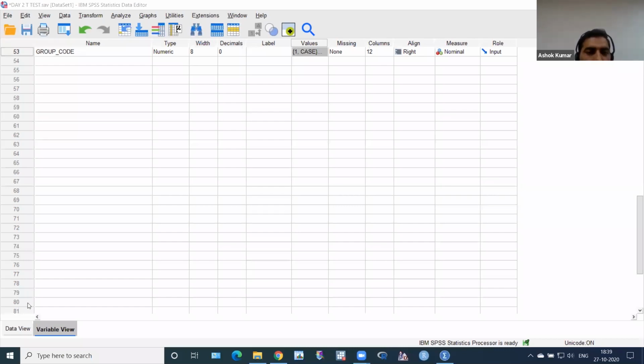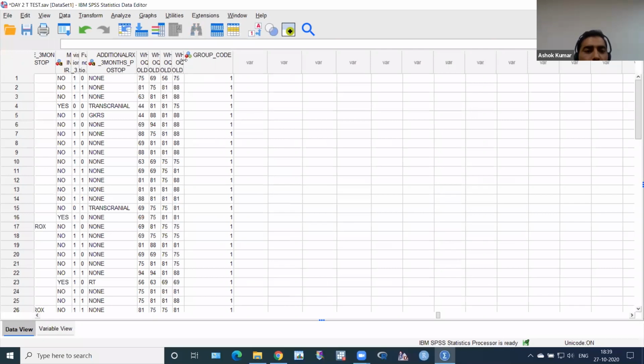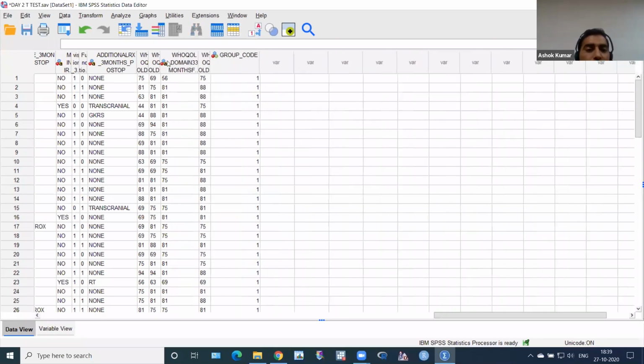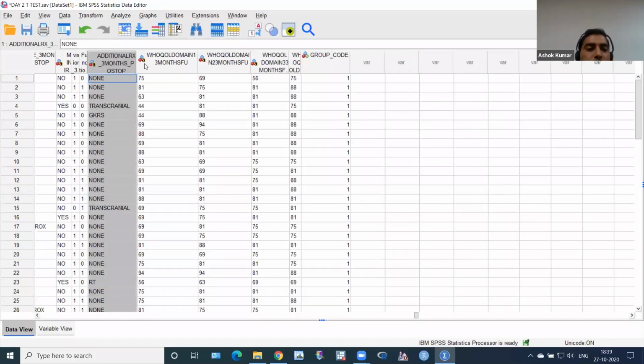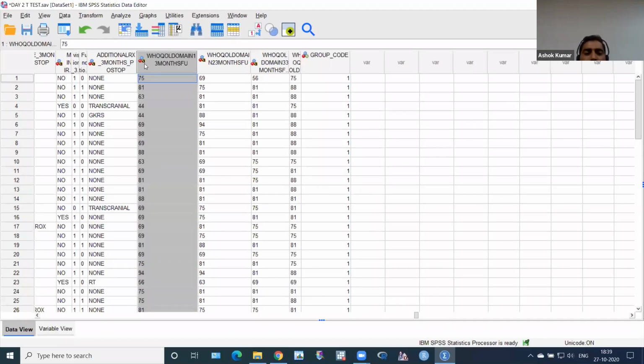This is data view. And now I want to check, because I have taken age as normally distributed. There is a group code with two categorical groups, and the dependent variable, age, is normally distributed. I want to compare. Although age is not really a dependent variable, we consider age as a dependent variable to compare between case and control. So I have to use a t-test. So how to use the t-test?